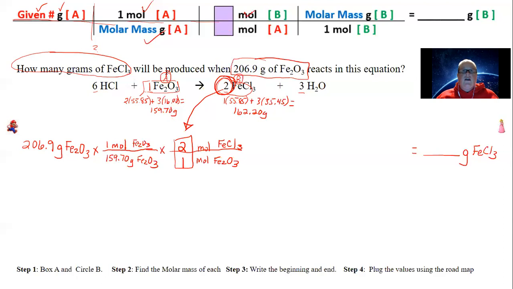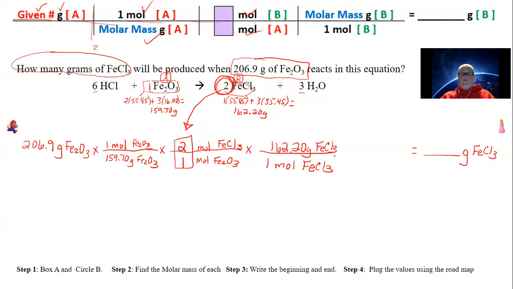All right, so I have my mole to mole ratio step done. And my next step is 1 mole. I'm writing 1 mole because it's written in black and I have to write everything identical, of B, FeCl3, and the molar mass of B, which is 162.20 grams of FeCl3,